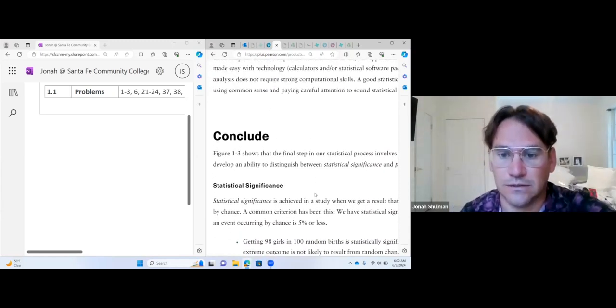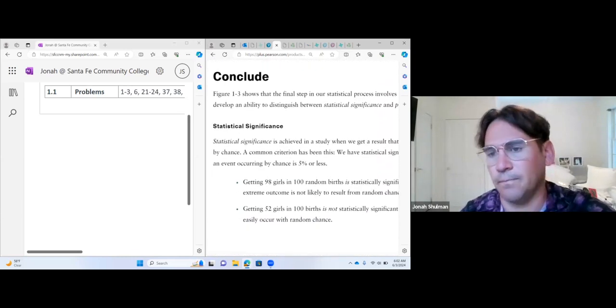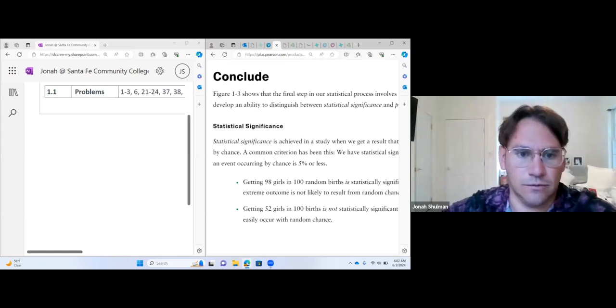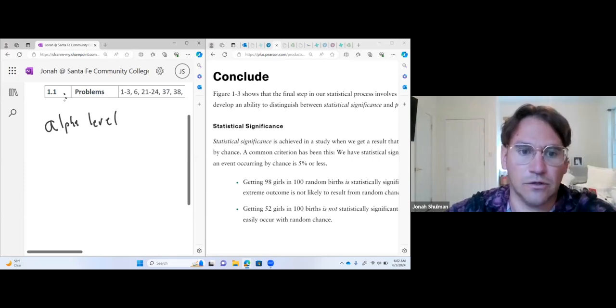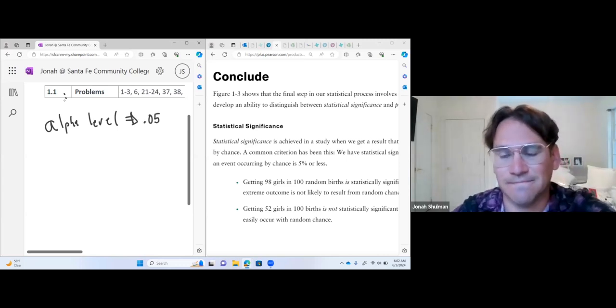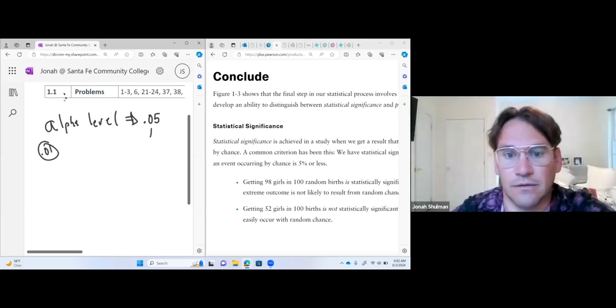Okay, so another idea, statistical significance. Basically, something that we're always going to look at is what's called our alpha level. And this gets confused a lot. So alpha level, it's usually at 0.05 for the social sciences, like social studies or psychology. If it's the medical field, it'll be like a 0.01. What does that mean? That means